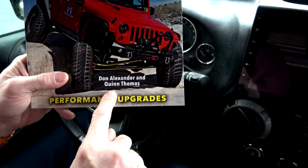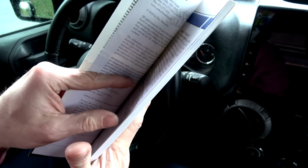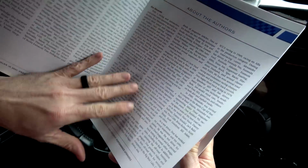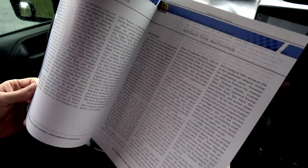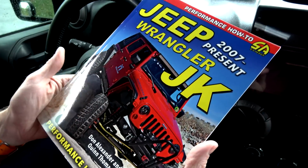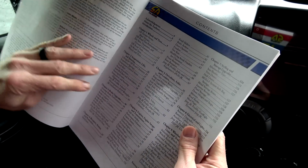So the authors of this book are Don Alexander and Quinn Thomas. I don't know these guys. There is a fairly extensive bio in here about the authors, and it tells you a little bit about them. I mean, they come with some fairly decent credentials in the community of off-roading and Jeeping, but like I said, I don't know them. So there's a table of contents in here that shows you exactly everything that's